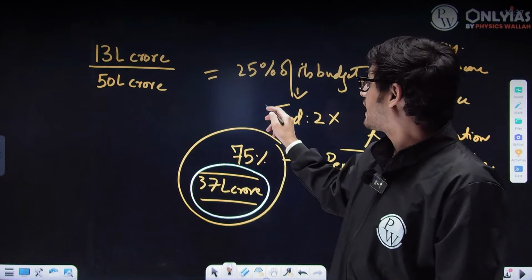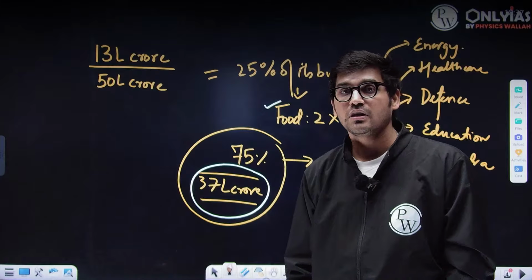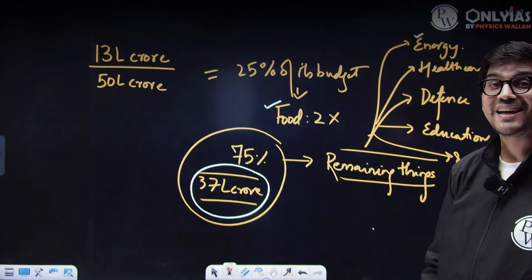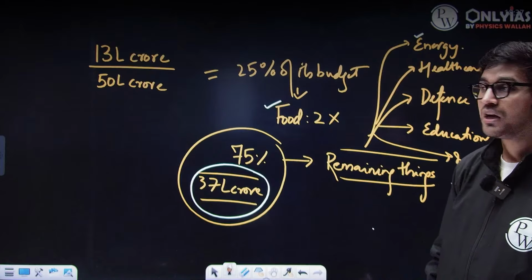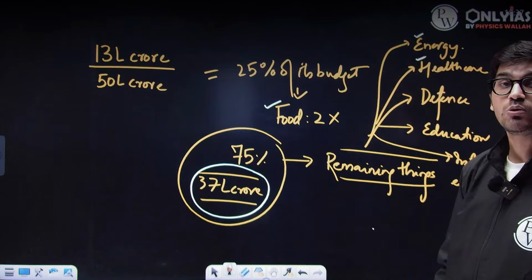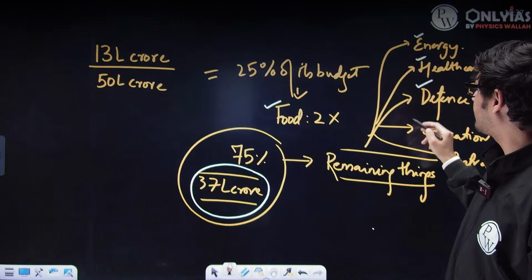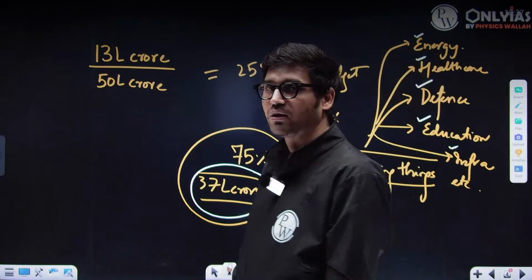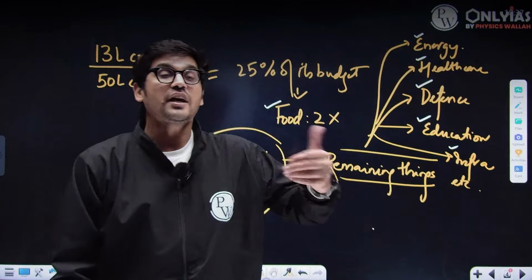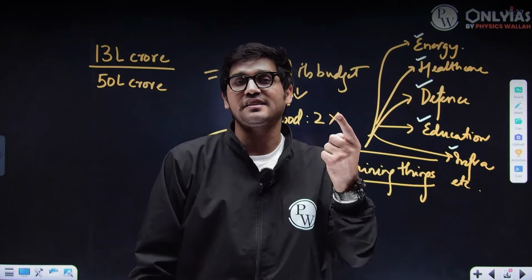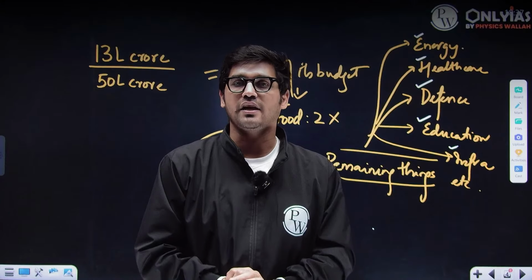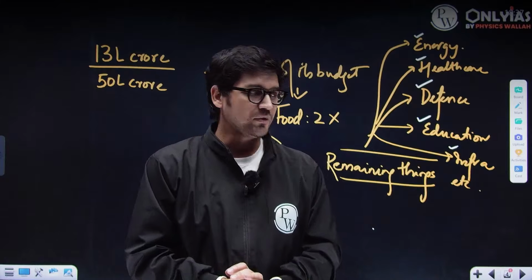How much money has to be spent on food or food security, you may say? How much money should go towards the energy requirements of the country? How much money has to be allocated towards healthcare? How much towards defense? How much towards education, infrastructure, so on and so forth, various sectors of the economy. The study of these choices made by this agent called government, you can think about this also as economics. Similarly,